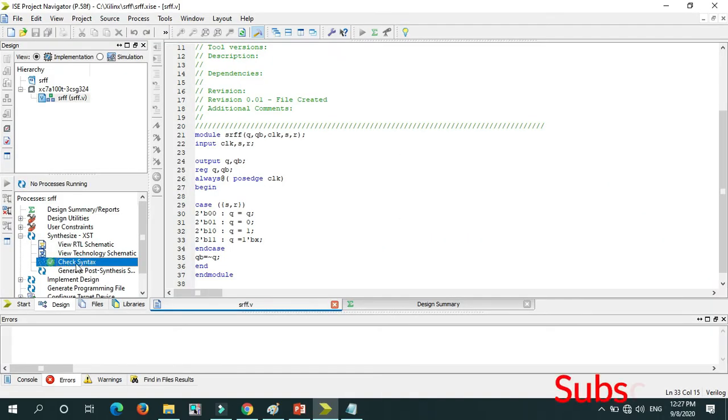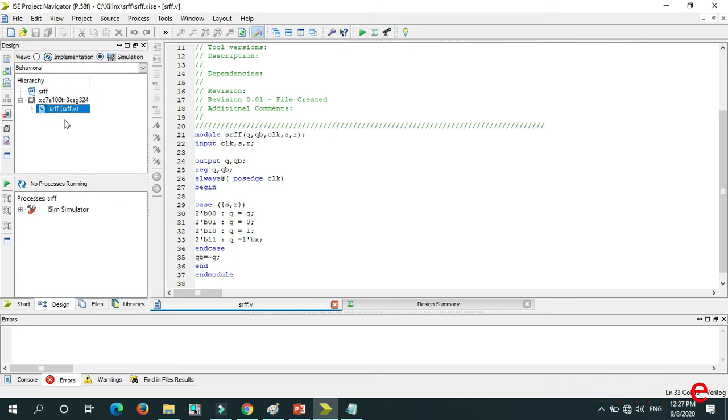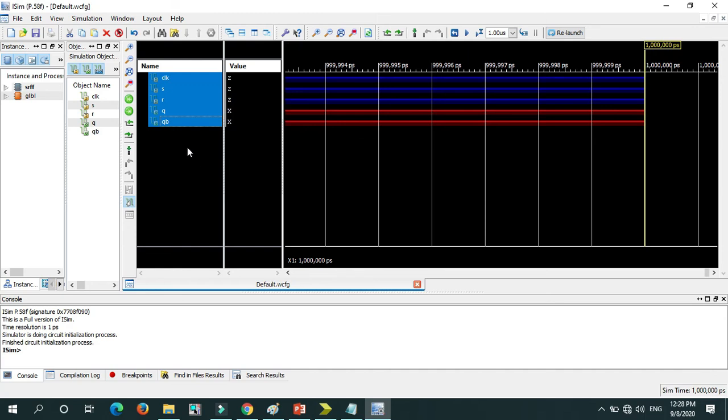After getting the right mark here, go to simulation, select the file name, go under ISim simulator, double click on check syntax, then double click on simulate behavioral model. It will open the output window. In this output window we have the signals clock, S, R, Q, QB. Here we have to give values for all of these.